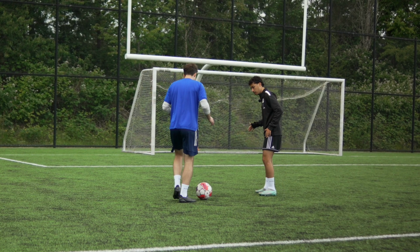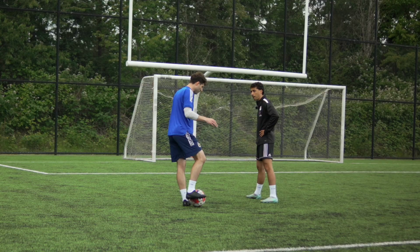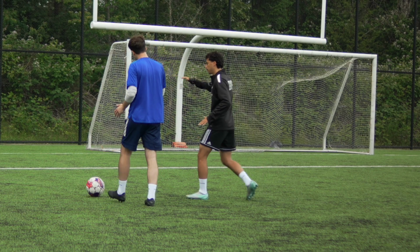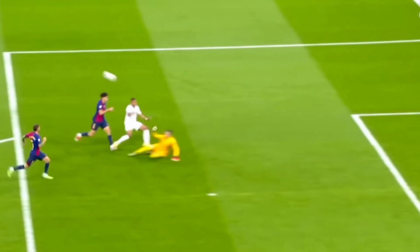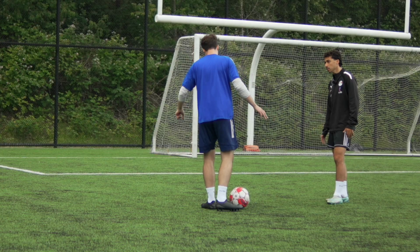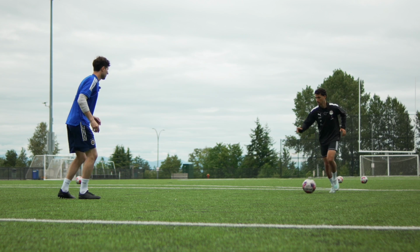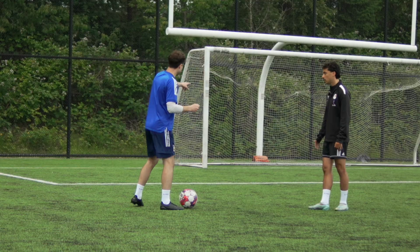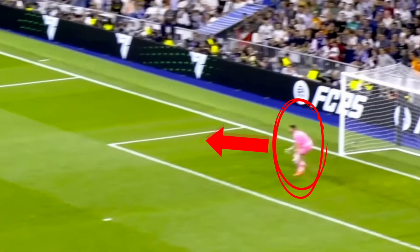I'm going 1v1. Usually, at this point, the attacker wants to perfect this shot. So they either want to take it to their left, use the inside, or even better, if I'm right-footed, I try to take it to my right, which in many cases the defender will show me here. Yes. So if I take it to my left, now the goalkeeper knows it's for my left foot, shot preparation, 100%, right? They take a better position, the defender takes a better position,